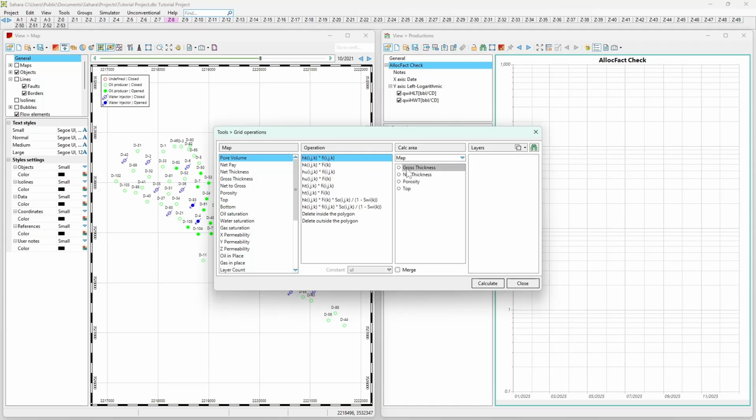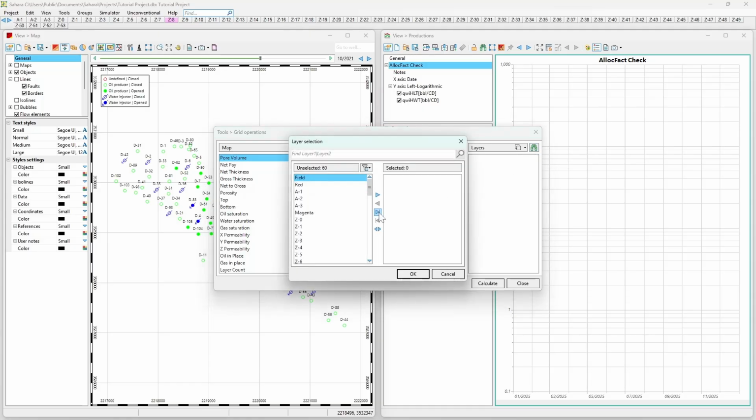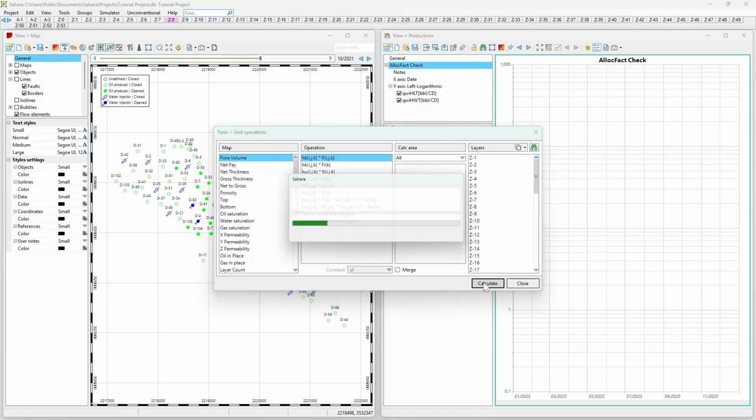Here we can use another map as a template for the calculation area, the same process that we did for the mapping tool in the previous exercise. However, we won't select any of these options because it is already limited in a sense by the way the porosity map was calculated. Just know that you have these options available. And here we can select which layers will be calculated. Let's use this one coming from the first one. So we will click calculate here,